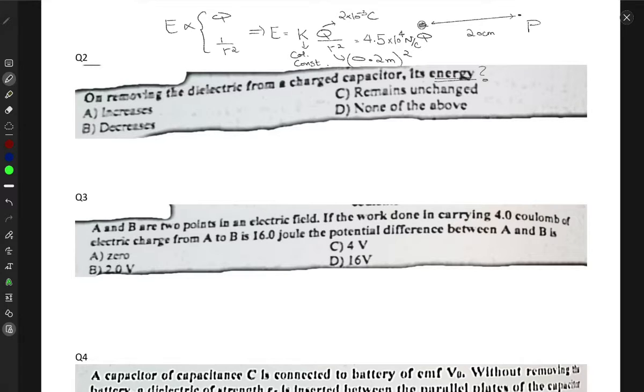First, think about that. Well, we know that once you remove the dielectric from a charged capacitor, it has an effect on the energy that the capacitor can store. The energy stored would be increased, and the reason for that is that once you remove